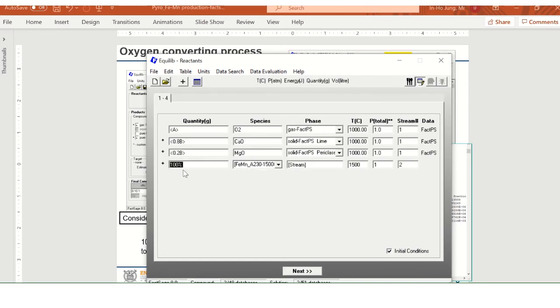So if you take 100%, you'll take the entire amount in the calculation. You can make it 1000% if you like, to make it 10 times more, or you can take part of that by taking, for example, 50%. You can take part of the previous stream in this calculation too. Okay, and so if you look at stream number 1 and 2, I don't like this temperature, I want to change it to 25 degrees Celsius as input for this one. So that's all set. Okay, and then let's click next,